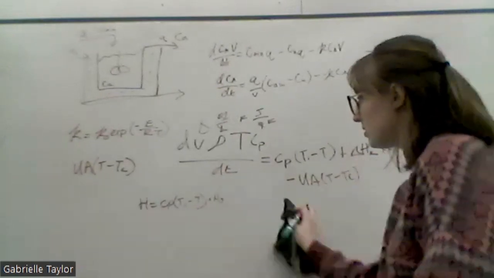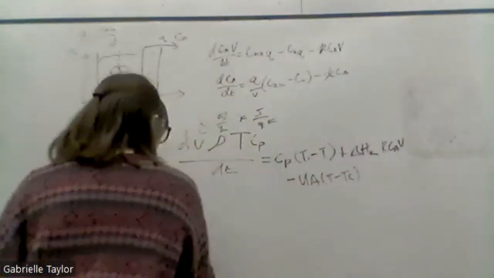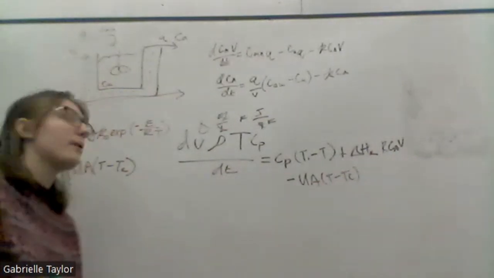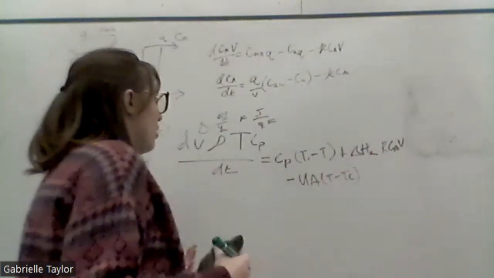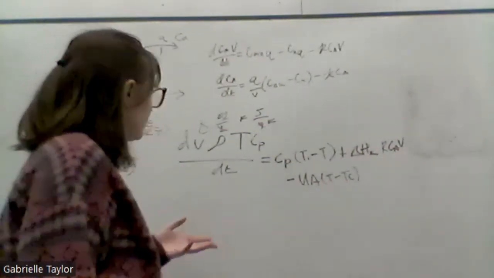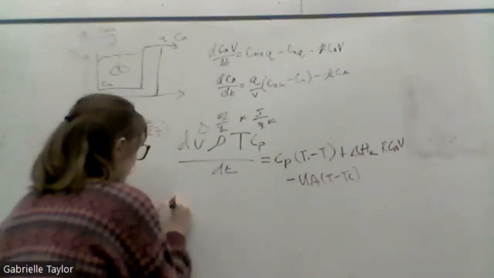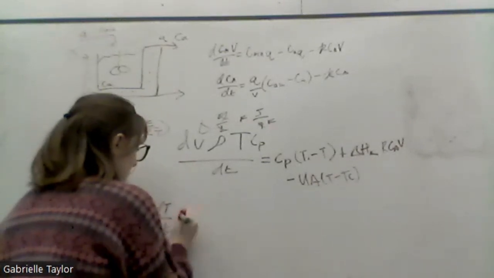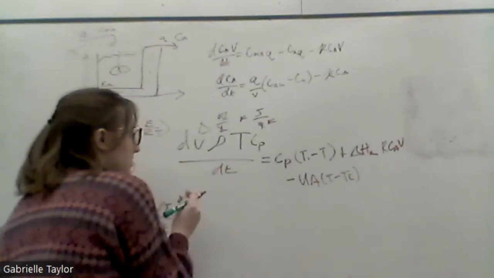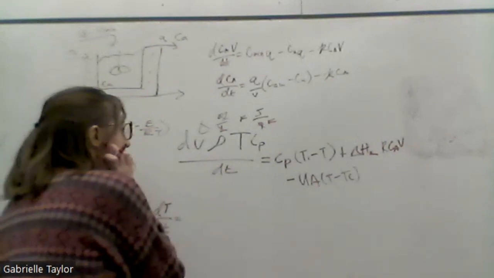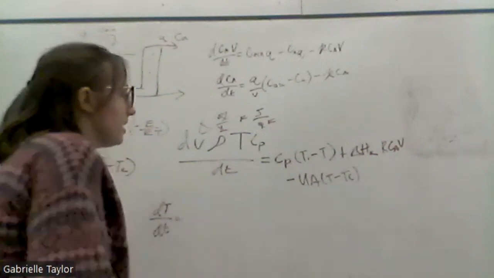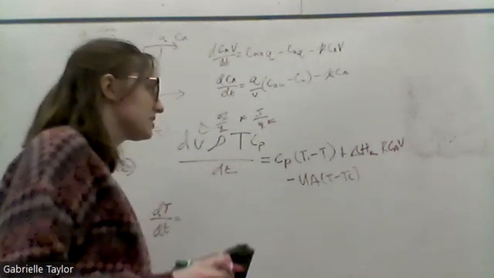Okay, so I'm going to erase this. So we know that the volume, rho, and our specific heat are all constants, and what we're trying to find is the differential change of temperature, so we can divide everything by it. So we'll have differential change of temperature over the differential change of time is going to equal our... oh, and I forgot about the CP. CP to keep our